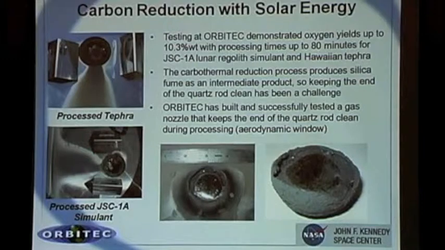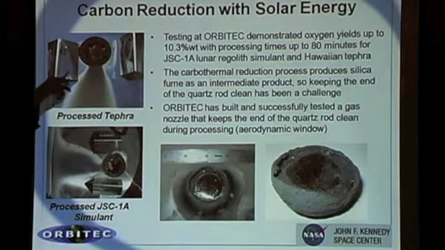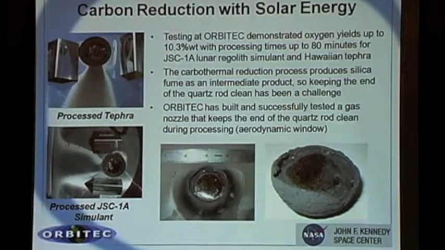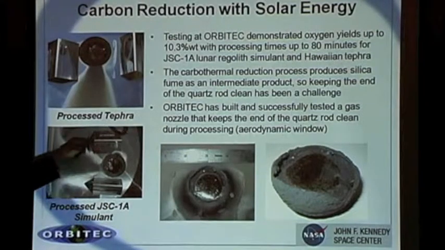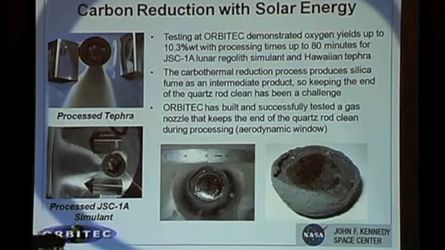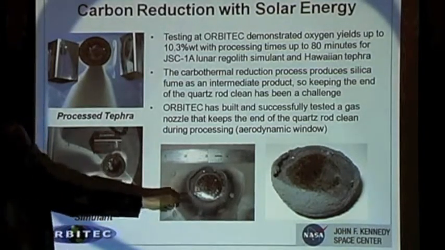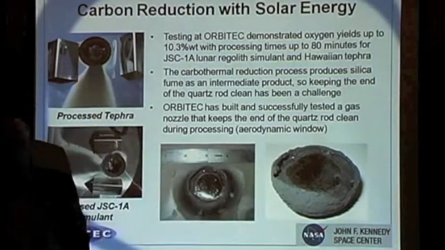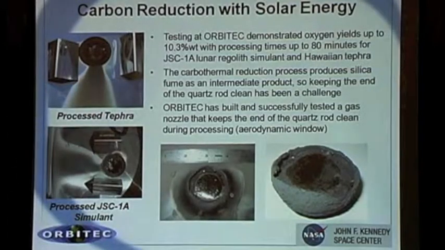Testing at Orbitec showed that they can get up to around 10% oxygen extraction with both lunar simulant and tephra. This shows that fuming comes off, so we have to have a gas blowing that away so it doesn't contaminate our optics. And it shows some of the molten glass that has been melted and solidified in the system here, a crack about 9 inches across, and this is a chunk of that glass after it's been processed. Next slide,